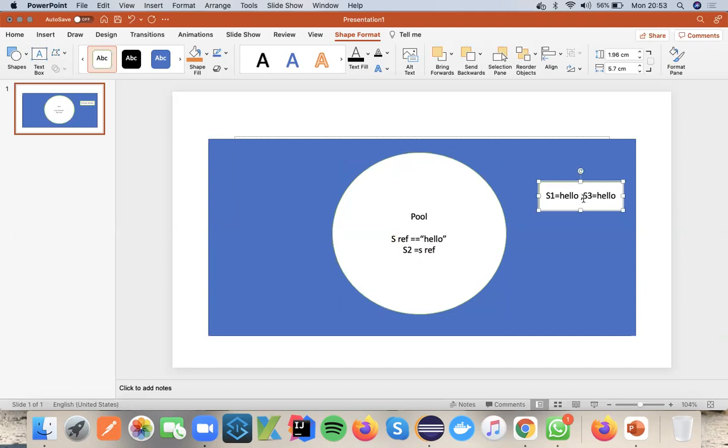But when it comes to heap memory, you have declared s1 as hello, and again you have declared s3 as hello. This memory location is different, and again there will be a new memory location for hello, because this is heap memory. Each and every time you insert, no reference check will happen. Again a new memory instance will be created, so it will give false, because not only should the value be the same, the location where it is stored should also be the same. Here it is different, that's why it is returning false.